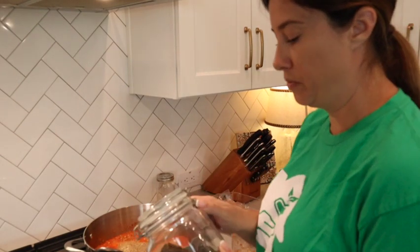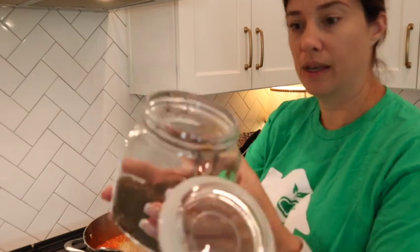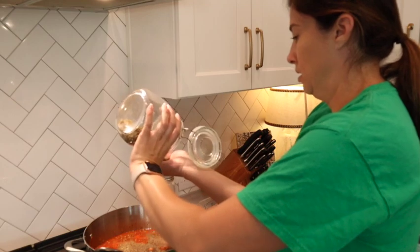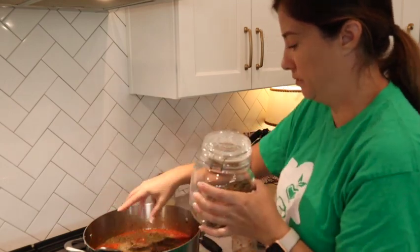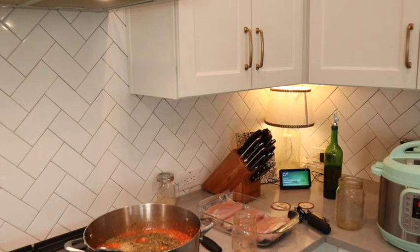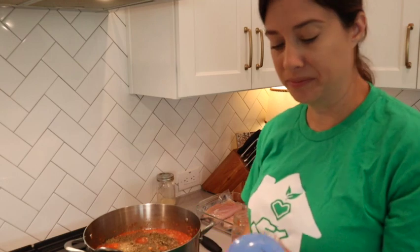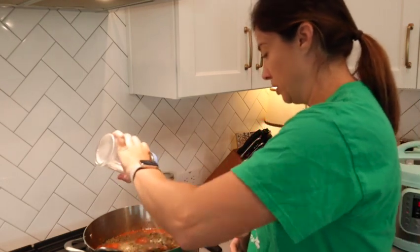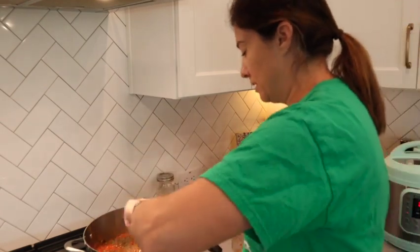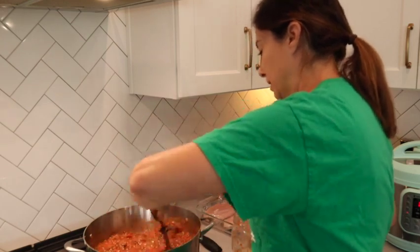I have some fresh basil that I dehydrated in my oven that I grew in my garden, and so I'm going to put a pretty liberal amount in there. Alright, and then I have sugar. It's my Pepe Le Pew sugar thing. Because having a little bit of sugar balances out the acid, and it gives a nice, well-balanced taste to your sauce. So now I'm going to let this kind of cook together,